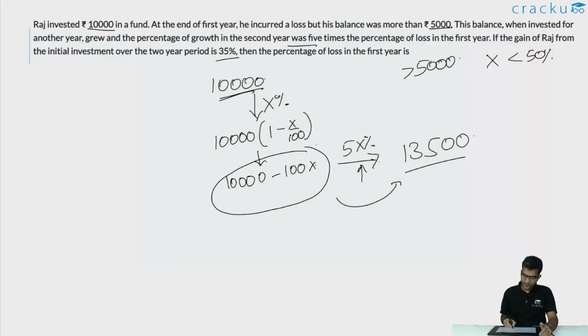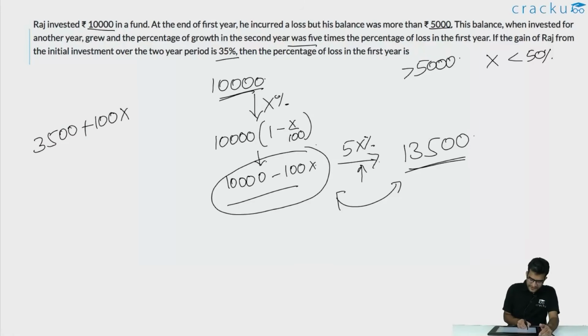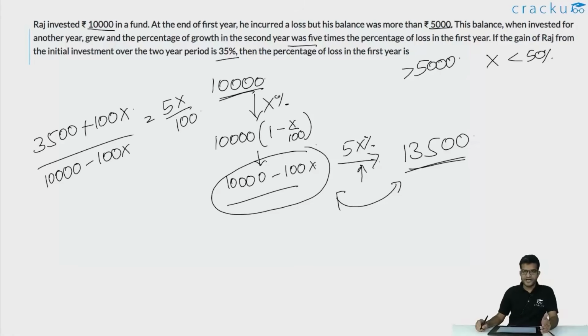Or if you are looking at the profit in the second year, that will be 13,500 minus (10,000 minus 100x). So the profit in the second year will become equal to 3,500 plus 100x. If you divide it by the initial investment, which is 10,000 minus 100x, this is 5x%, or this is equal to 5x by 100. You can cancel 100 in the numerator and denominator of the left hand side. So this becomes (35 plus x) divided by (100 minus x) is equal to 5x by 100, which